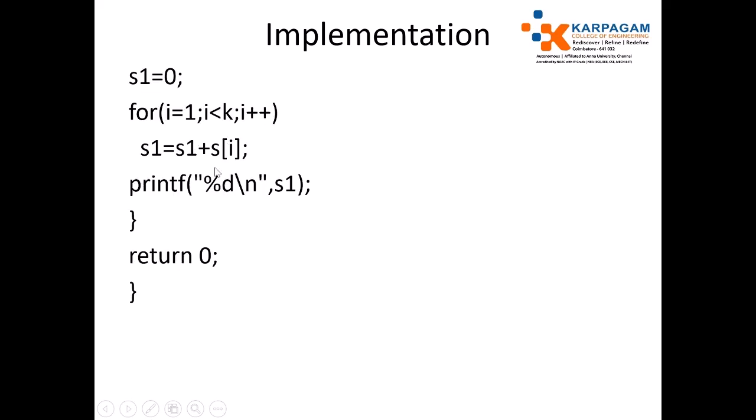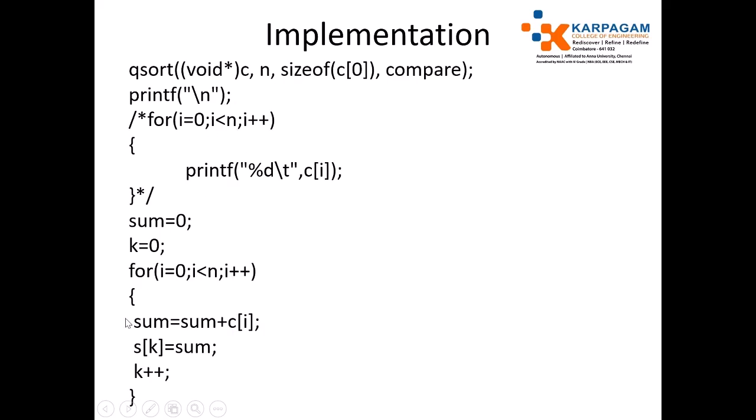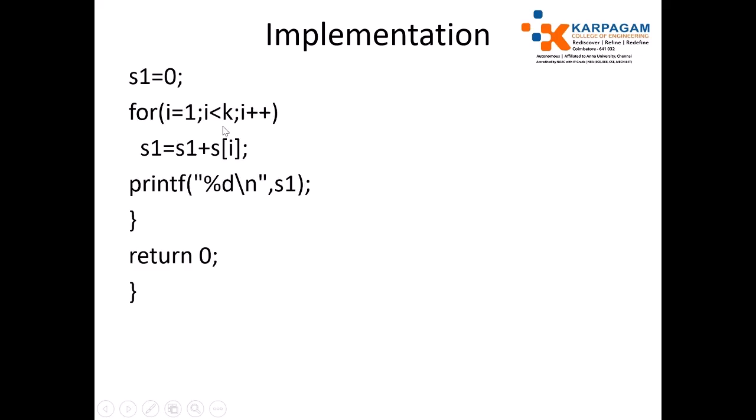After finding the sum, I get the minimum number of seconds required to collect the candies into one box by using the other array. So the array index starts from 1 and ends with k. Don't start with 0 because the 0th element has a value that belongs to only one box. So starting from 1, with i less than k and i plus plus, we are accumulating the seconds. Finally, we satisfy the constraint. In this way we can solve this problem. It's very easy.